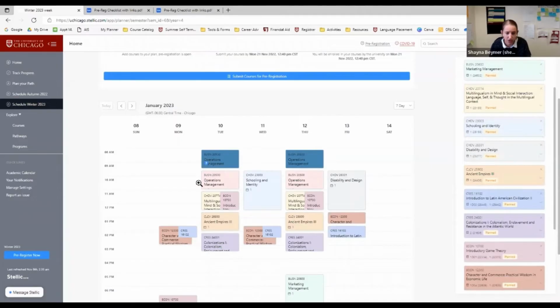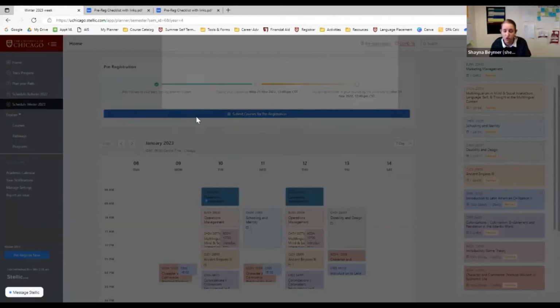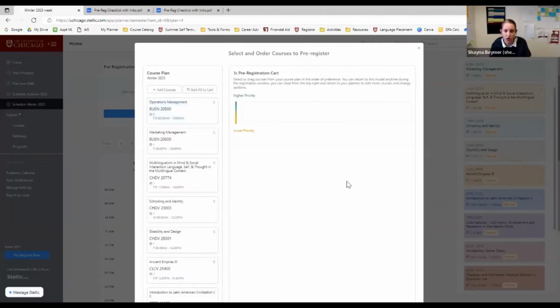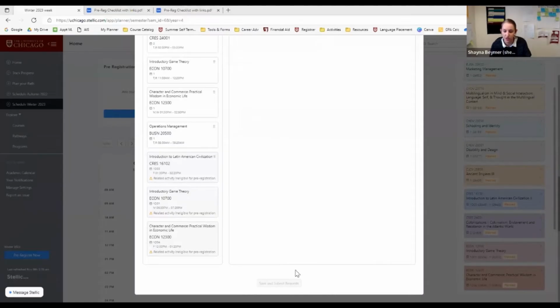So now we can go to the cart and rank some of these. We have this button right here that will take us to submit the courses for pre-reg, and this is going to take us to our cart. The first thing I want to highlight in the cart is that you cannot submit an empty cart. The system will not let you. So if you don't need to pre-register, you will just not participate at all. If you enter anywhere from 1 to 10 bids, then you will need to save and submit every time that